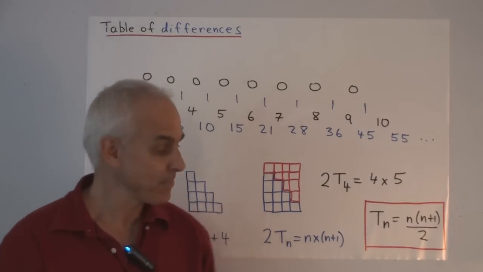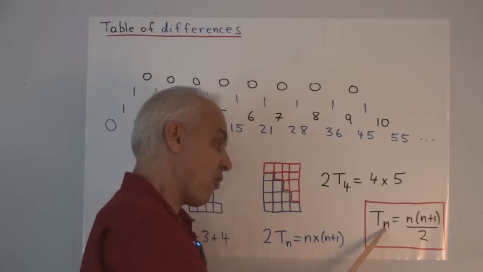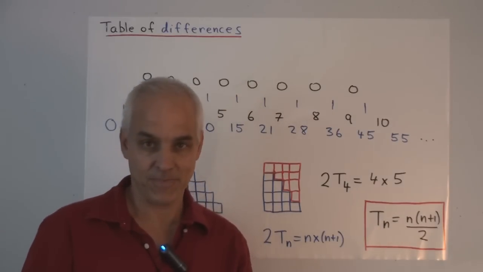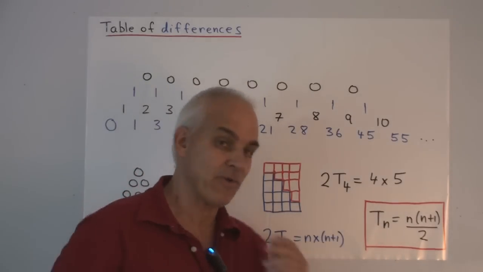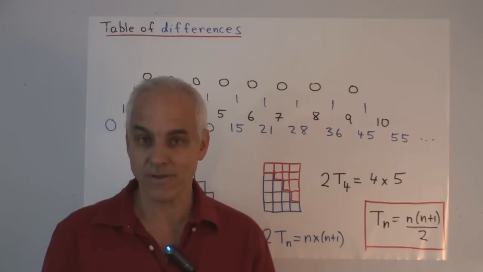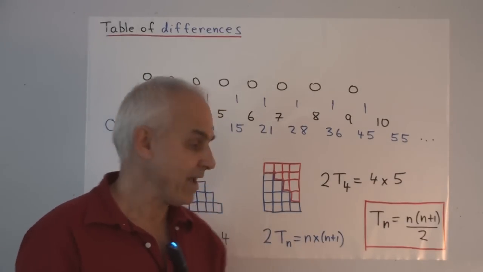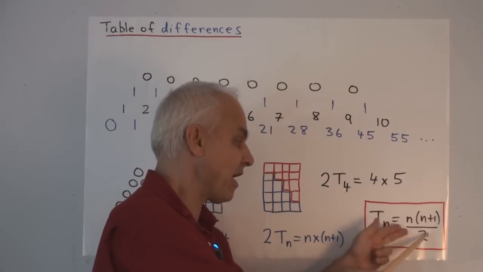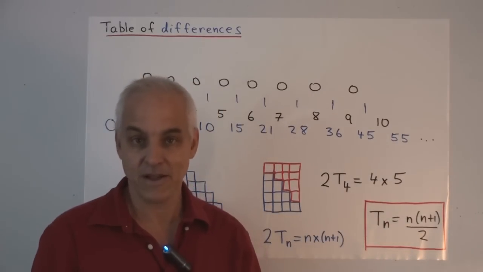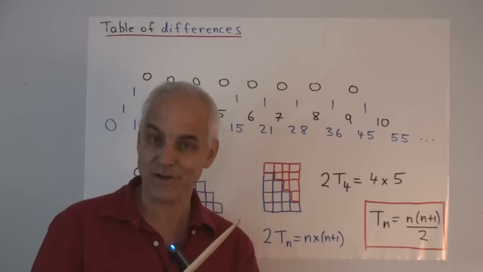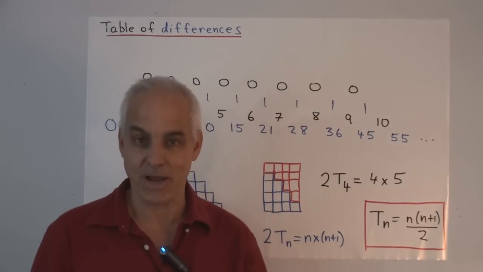So here's another use of letters in algebra to allow us to write formulas for patterns. The n here is not representing an unknown number so much as a general number. And it's allowing us to express an arithmetical fact that's valid not just for one triangular number, but for any triangular number.